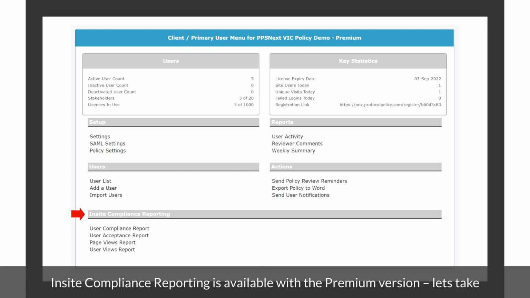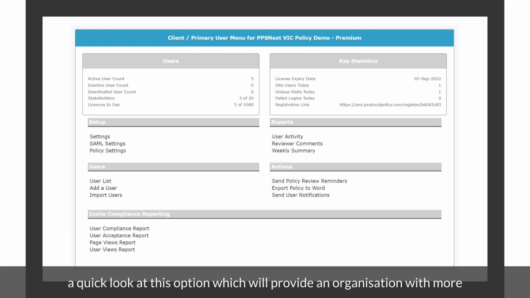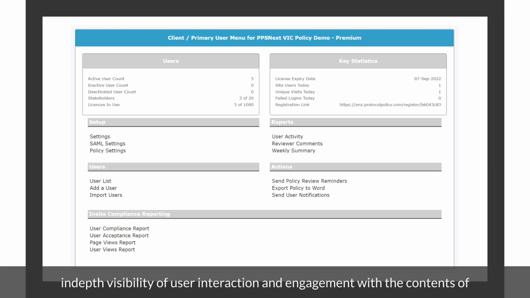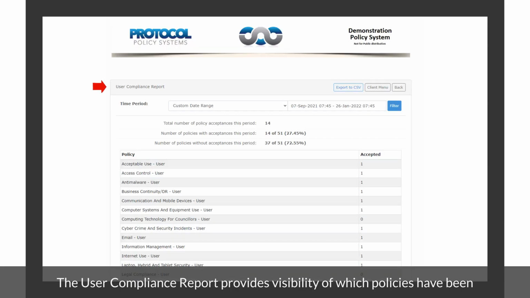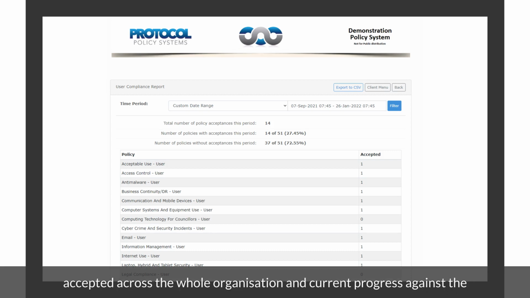Insight Compliance reporting is available with the Premium version. Let's take a quick look at this option, which will provide an organization with more in-depth visibility of user interaction and engagement with the contents of Policy Management as a Service. The User Compliance Report provides visibility of which policies have been accepted across the whole organization, and current progress against